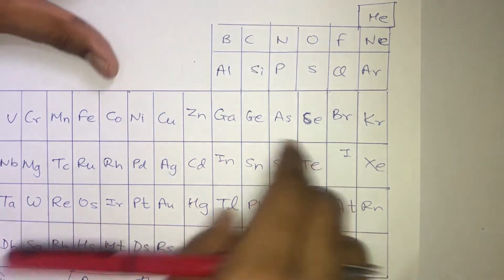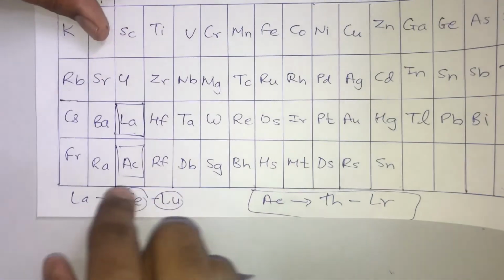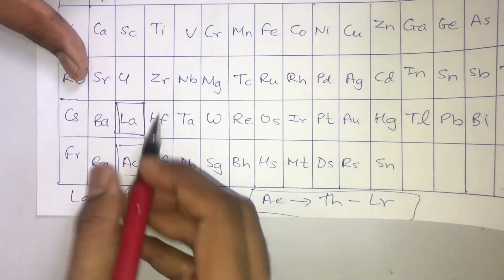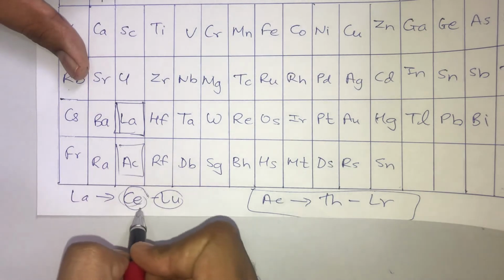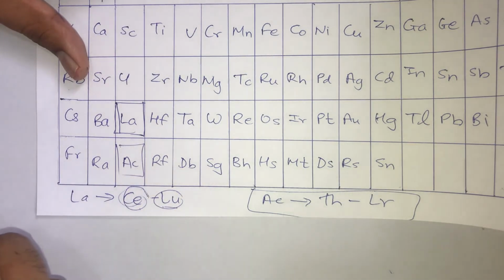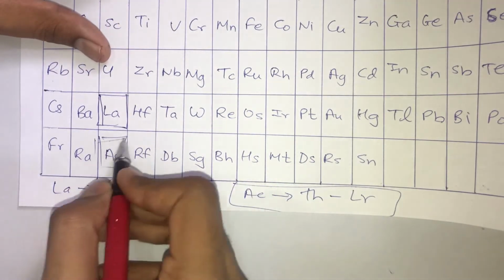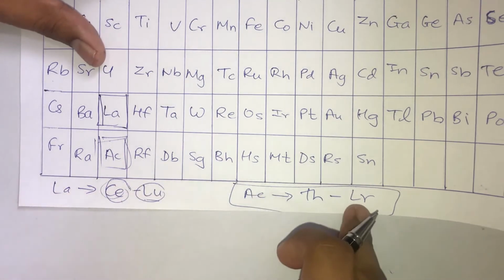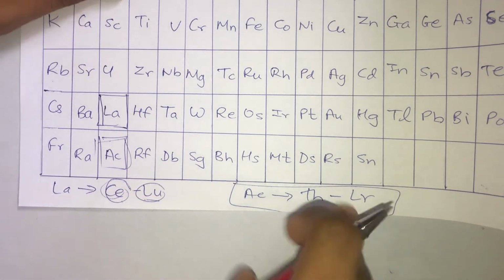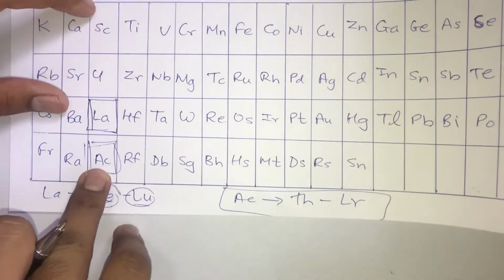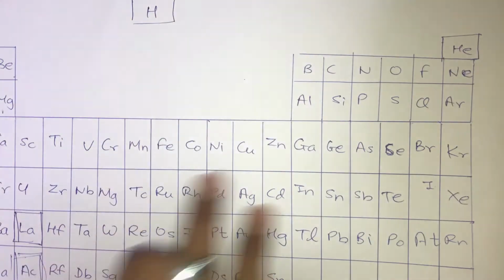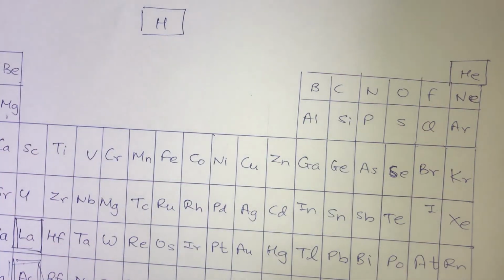And then we have to just remember the starting and the ending element of the lanthanide series, that is nothing but cerium and the ending one is lutetium. And for Ac the starting one is thorium and the ending one is Lr, that is nothing but lawrencium. Okay. So guys, I hope remembering this is not as difficult. You'll just need to revise this for hardly 7 to 8 times and you will be clear with this.